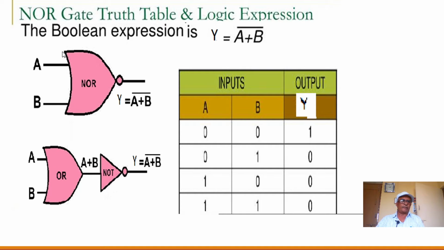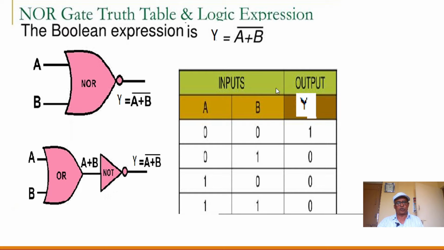Now in this gate, this is the curved part of the OR gate to which we are connecting one input A and another input B, and a circle is drawn on the output side. Actually this gate we may consider as a combination of OR gate and NOT gate. Means A and B are inputs, so the output of the OR gate is A plus B. If this output is connected to the NOT gate, then we get the final output as Y is equal to complement of A or B, that is complement of A plus B. So in the NOR gate symbol, the NOT gate is replaced by just a circle.